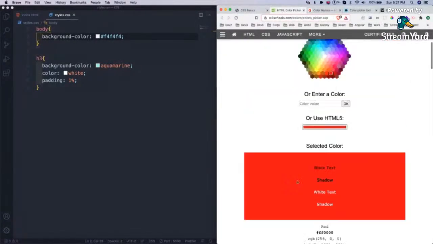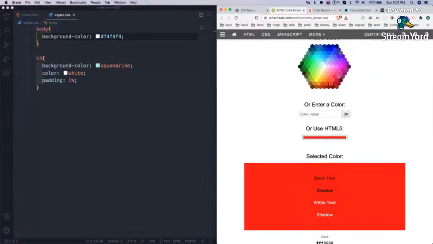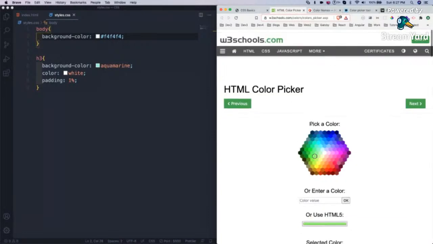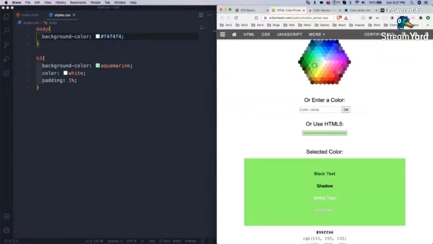For everything, the hexadecimal code is there. This site is good to pick the hexadecimal code. Let me also give the hexadecimal picker on chat.